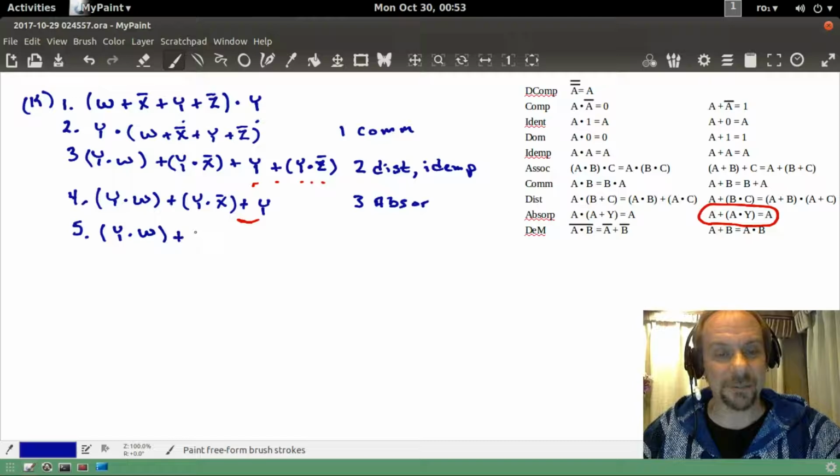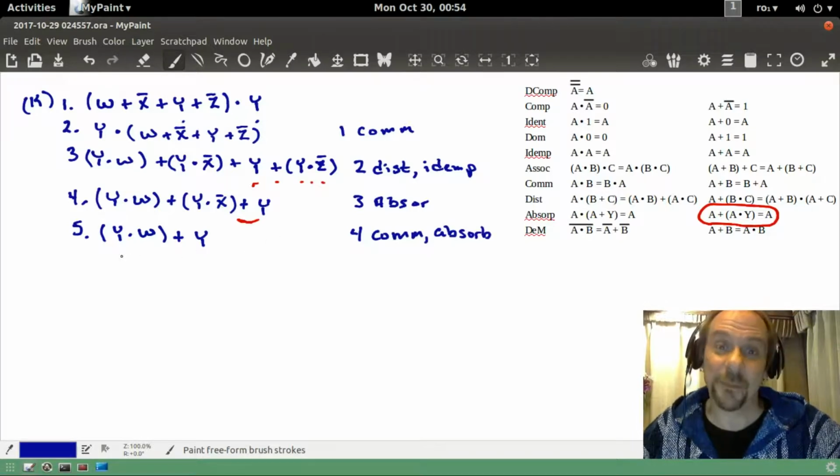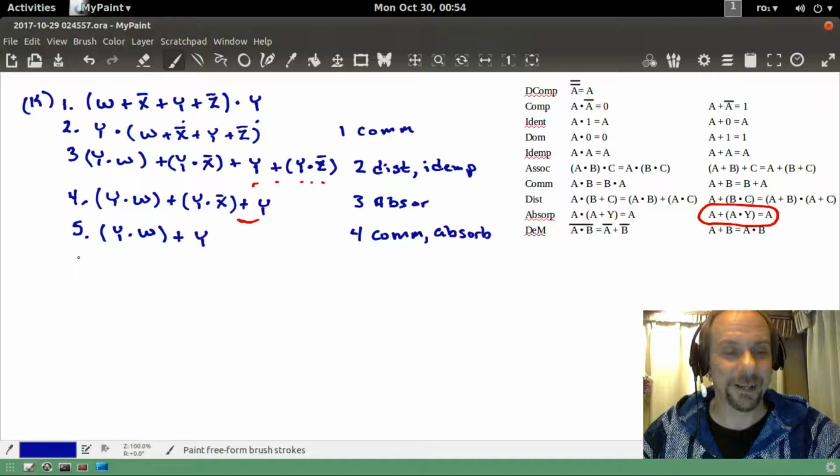So I swap these two and then apply the absorption rule. So from line 4, I have first off a commutation and then an absorption. And okay, then we'll do that one more time. Again, if I swap these two, I note that I get a Y or Y and something else. So that results in a Y based on this absorption rule. So from line 5,